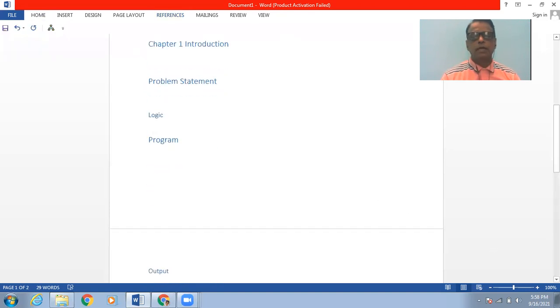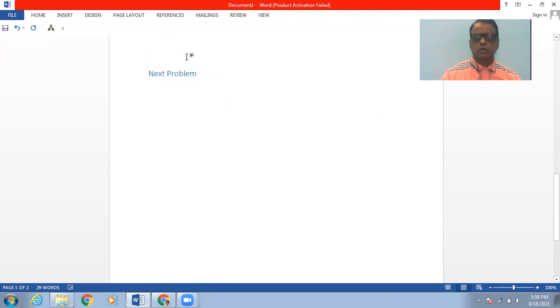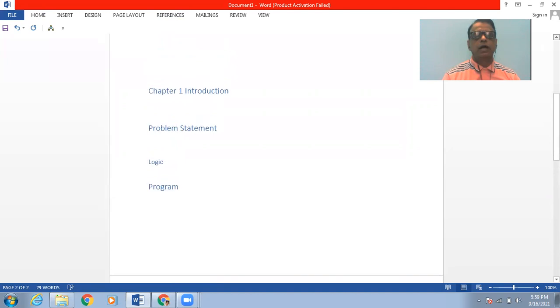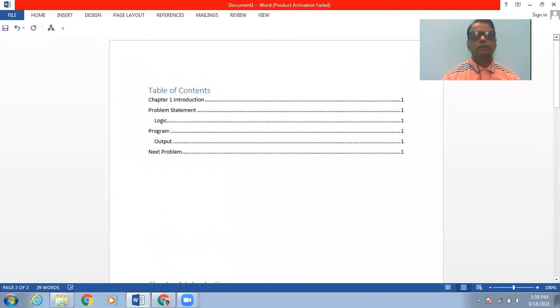Now, suppose I make some changes in the document, and suppose this is the text which I am shifting to another page. If I do it, then you will find that you can modify your table of contents.